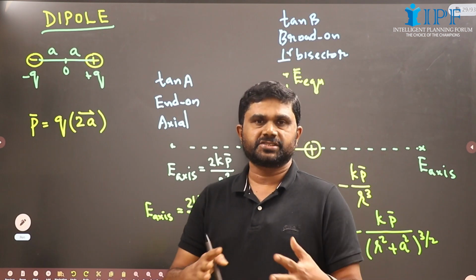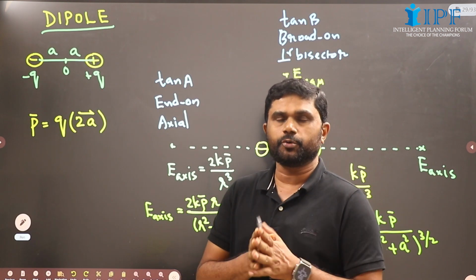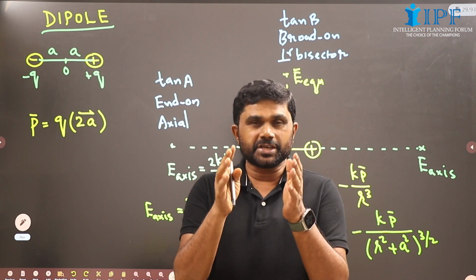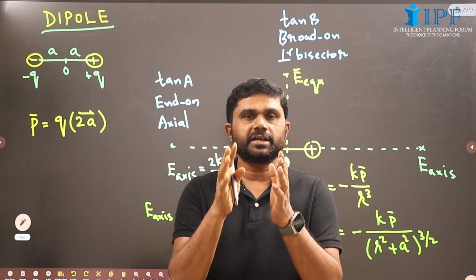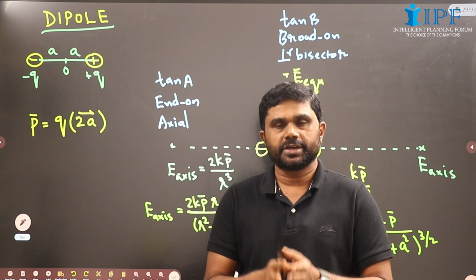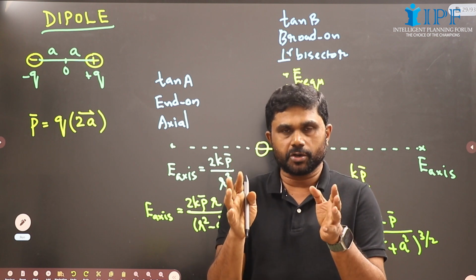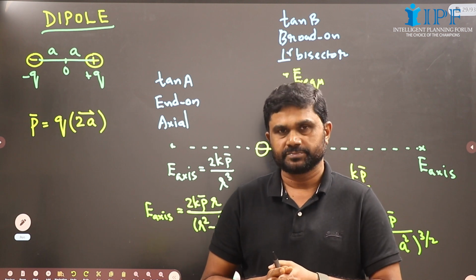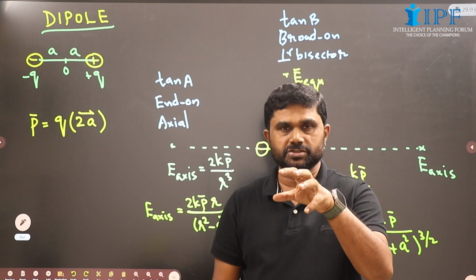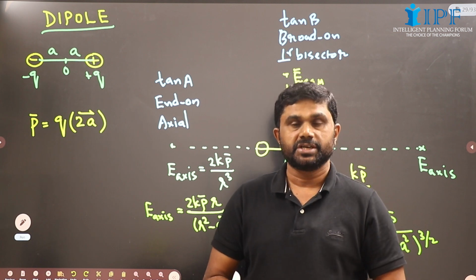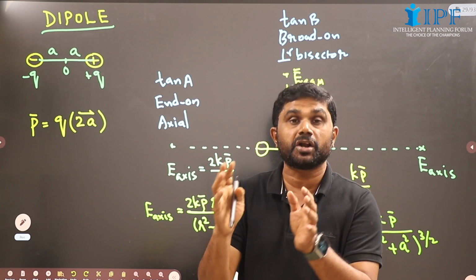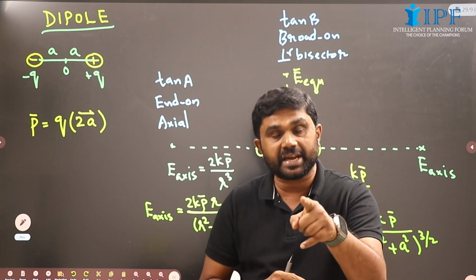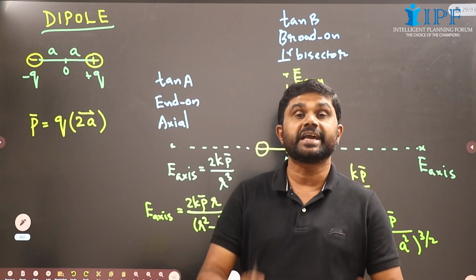Okay, next is electric dipole. See, electric dipole means two equal and opposite charges separated by a small distance. That system is called an electric dipole. The magnitude of both the charges will be equal and their nature will be different, means one positive and the other negative. The product of either charge and the separation between them is the magnitude of a vector called dipole moment. And the direction of the dipole moment is from the negative charge to the positive charge along the axis